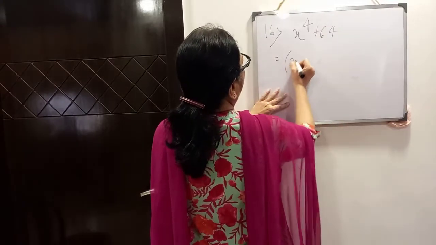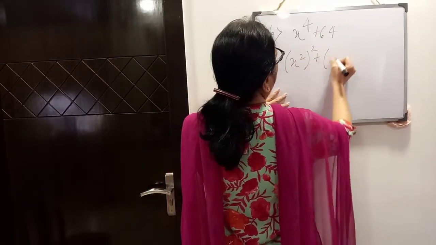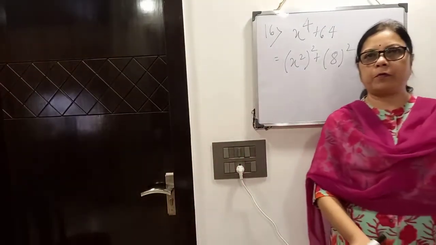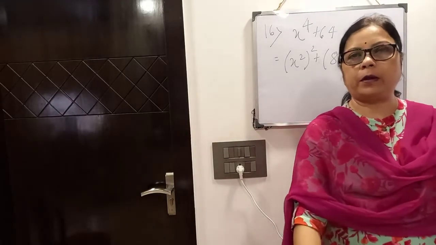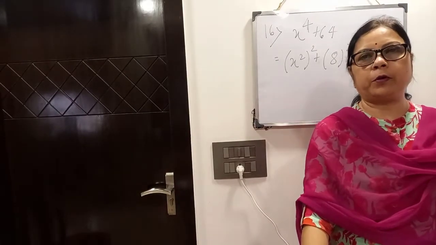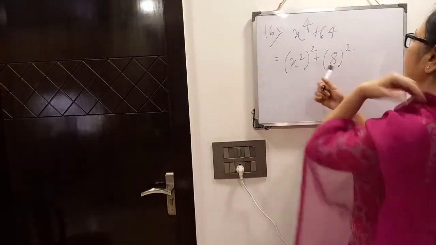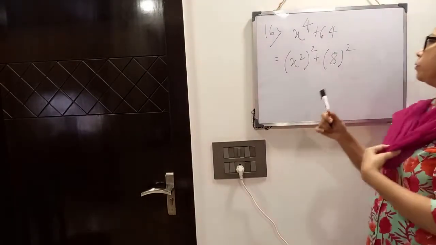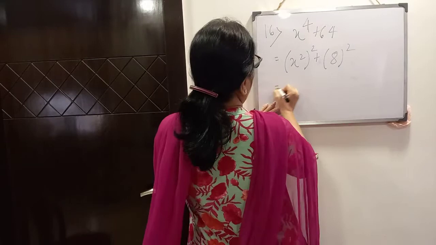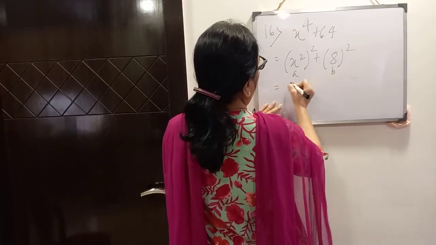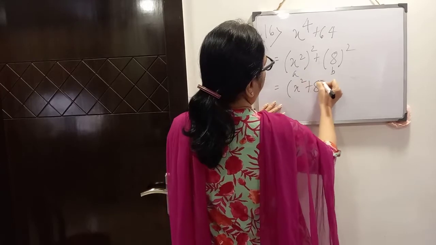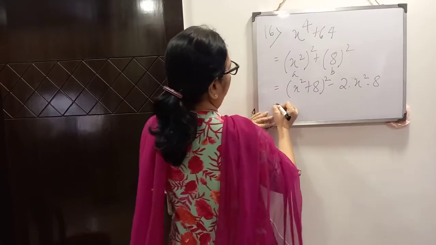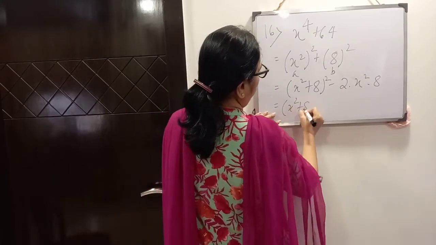This we can write in this form: a square plus b square. You know from previous class that a square plus b square equals to either a plus b whole square minus 2ab or a minus b whole square plus 2ab. But here we will apply, when you have to find out the factors, always you will apply a plus b whole square minus 2ab. Clear? So it is a, it is b. We can write a plus b whole square minus 2a into b. Clear? Why I have told you, now I will explain.